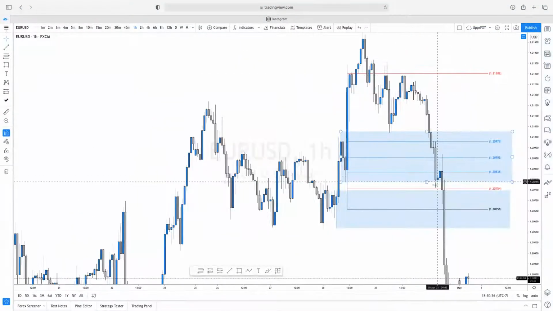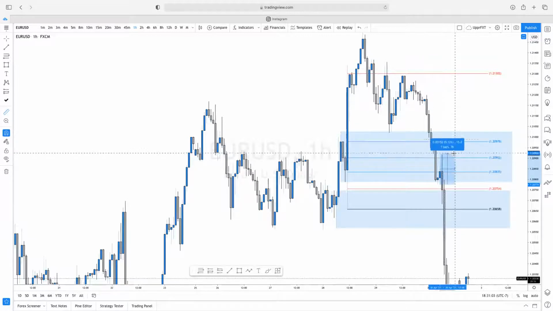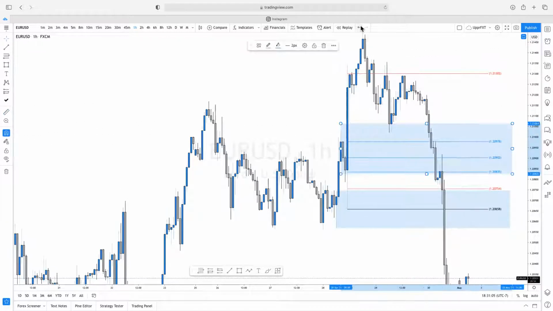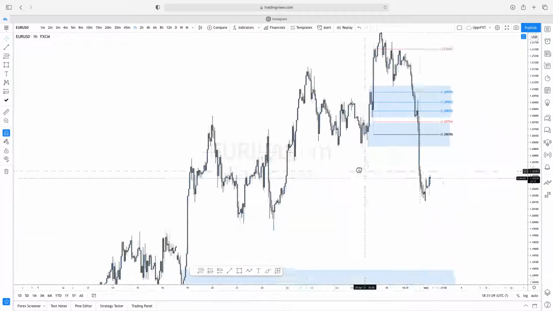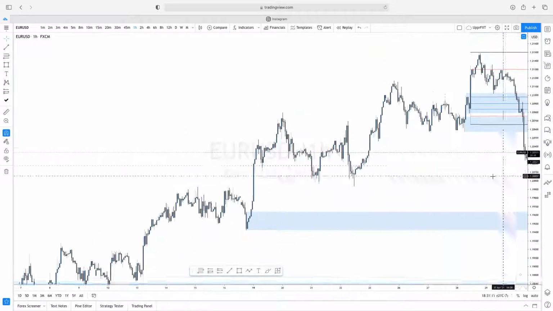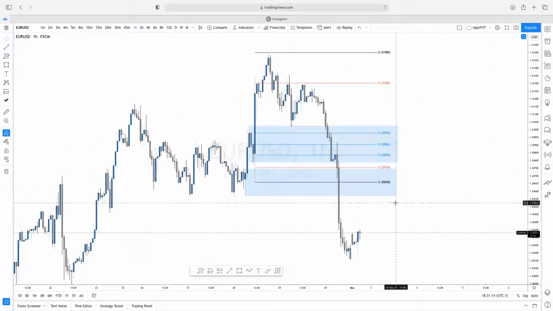Got the complete opposite. There was a little bit of action in here, maybe on a lower time frame that could have been caught, 14 pips. But other than that, there was really no move. So there's going to be losses that happen, but as long as you're managing your risk properly, you're